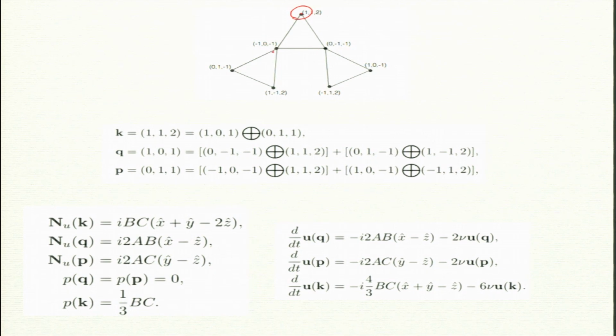So, 1 1 2 is coupled with these two modes. I put a minus sign because this is by intention. This is in fact a more correct way to do it. So, if you add the 3 vectors, then I get 0. I choose a notation k prime equal to minus k.